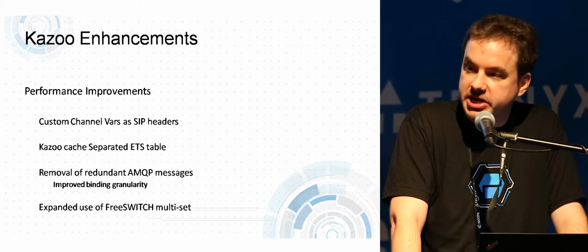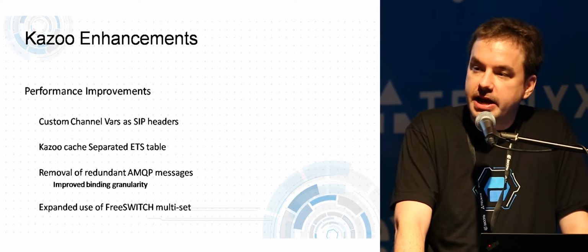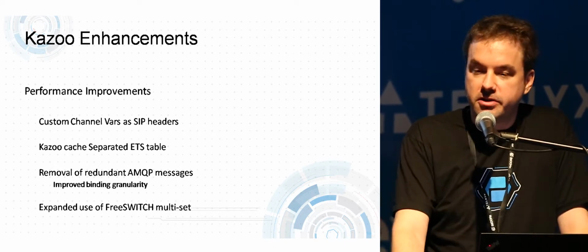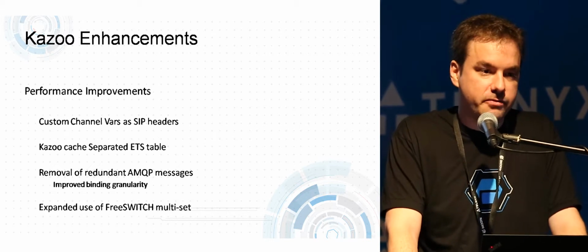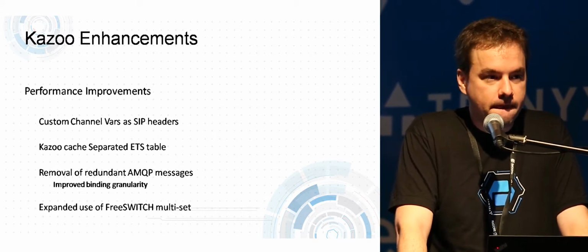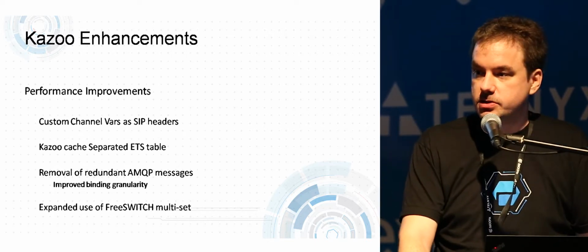And we've also changed some of the routing bindings to make them more granular, so that applications that got messages before that they really just threw away no longer even have them delivered, again reducing some of that overall transport on the message bus. And one of the biggest improvements for the call setup times is we switched to using